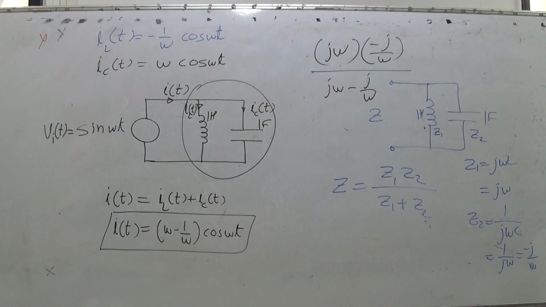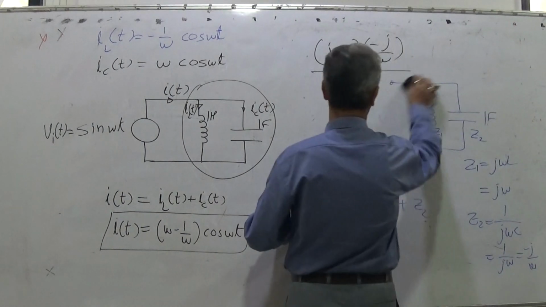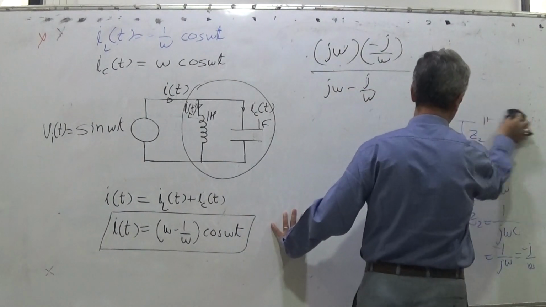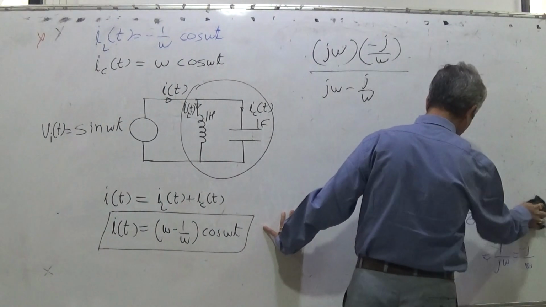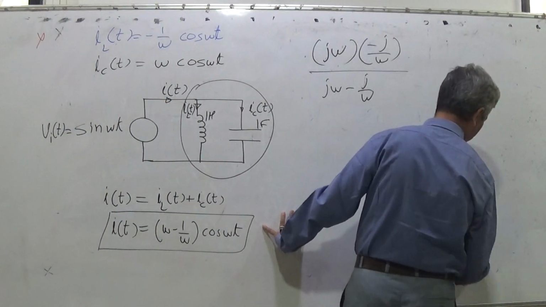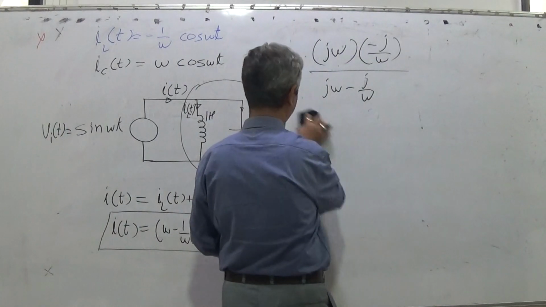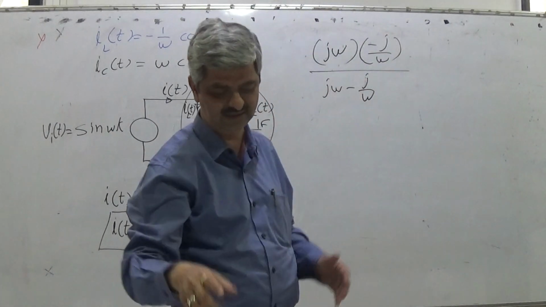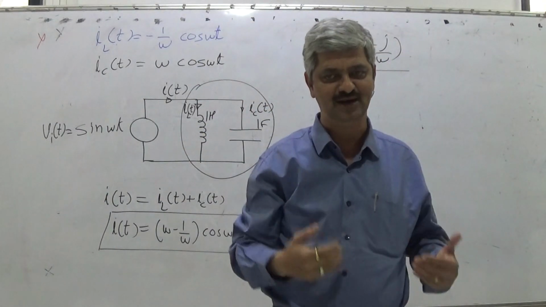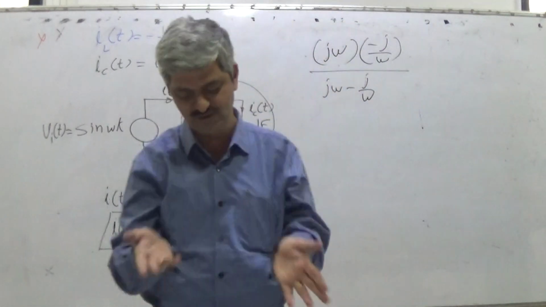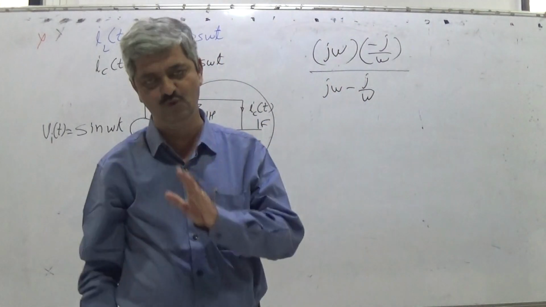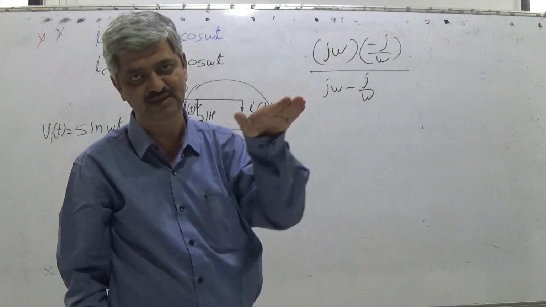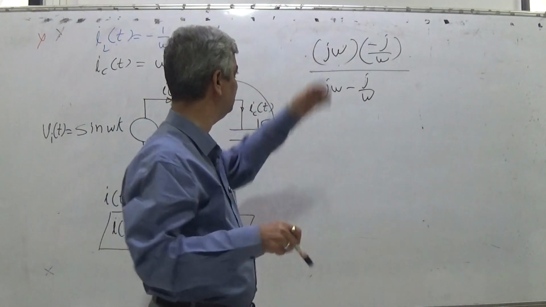So we continue here. It is quite simple, just junior college level algebra, even late high school. Whenever J is there, you go till you get something in terms of something plus J something. Everything in J is to be simplified by using J square equal to minus 1, by your conventional complex number logic, and you go for the form A plus JB. So you simplify everything in terms of A plus JB. So we get it here.